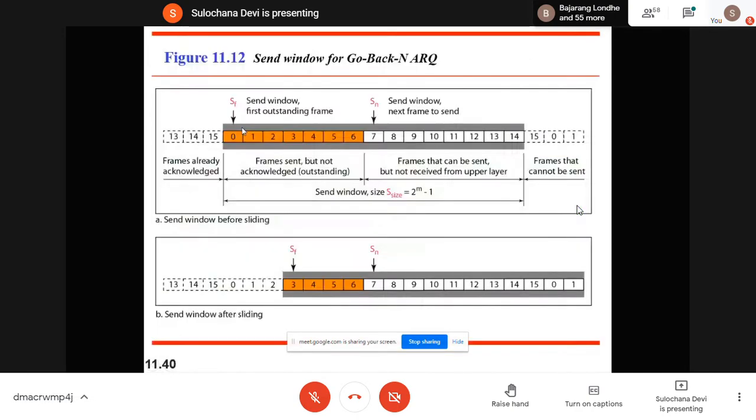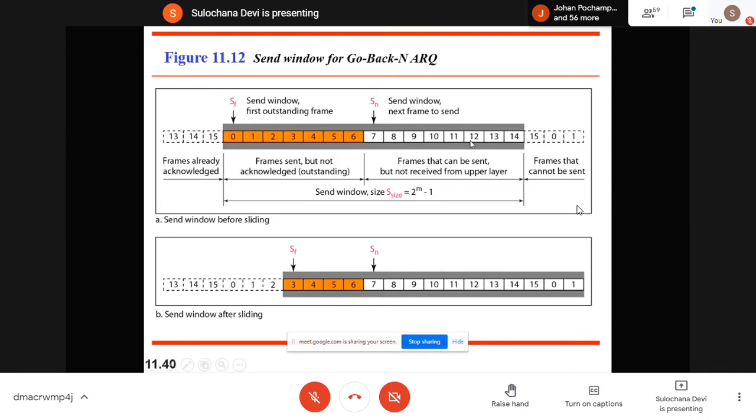Okay, yeah. So the window size is the number of bits you are using for the sequence minus 1. The window contains 2 parts. One part contains the frames you already transmitted but have not received acknowledgement for. Another part contains the next frames you can transmit. So you can transmit these 15 frames without waiting for acknowledgement. Even if you have not received acknowledgement, you can transmit these total 15 frames.